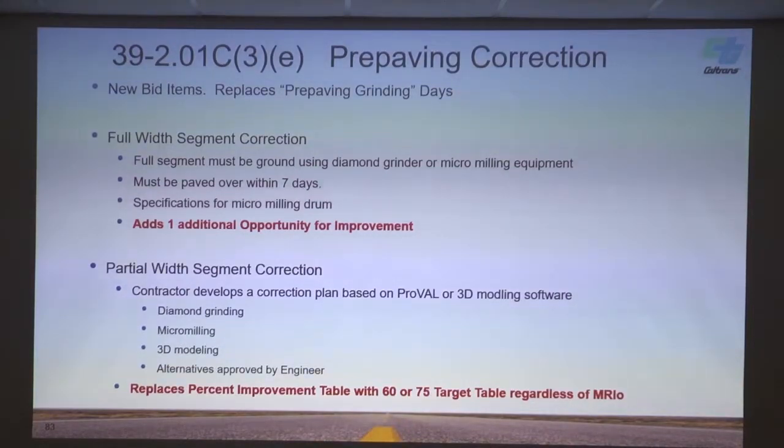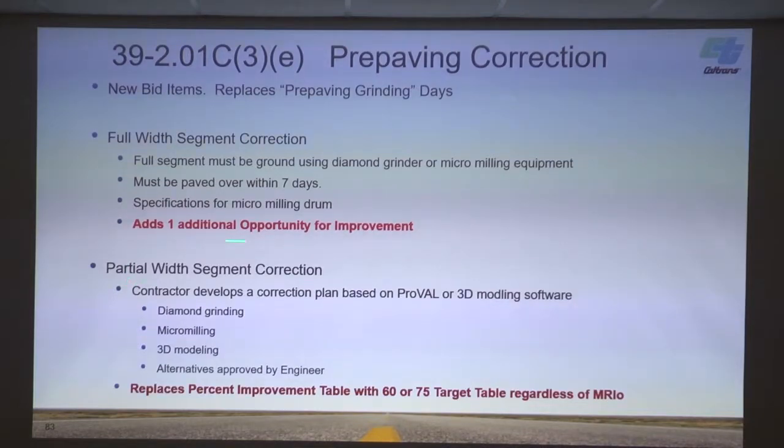That is, if the road will hold up to it. There are some roads where, if there's a chip seal out there, you probably don't want to take your chip seal off. If it's a rubberized chip seal, that's a good layer that you want to overlay. You don't want to skim that off, right? So you wouldn't use it if you're trying to save your chip seal.